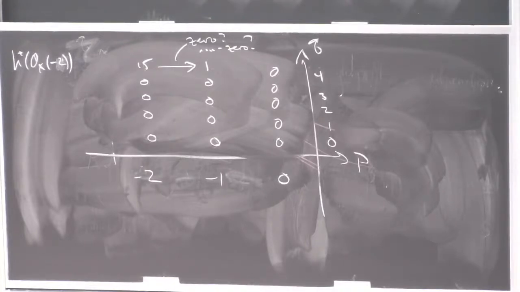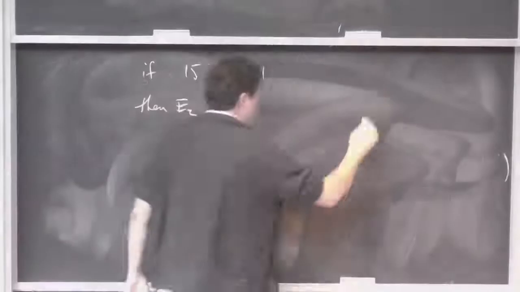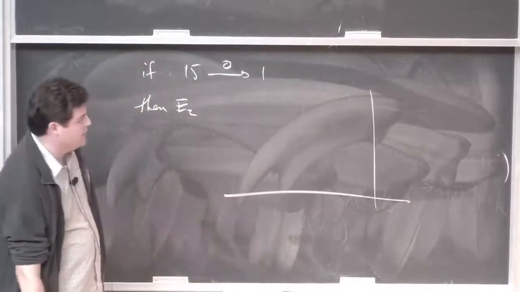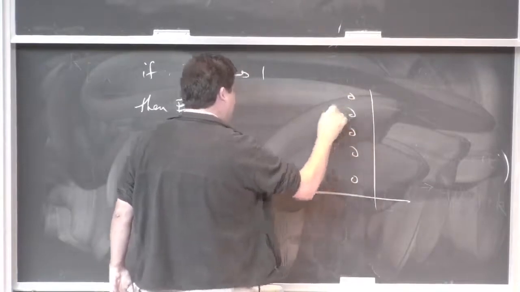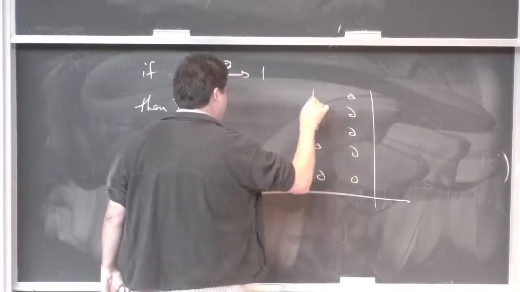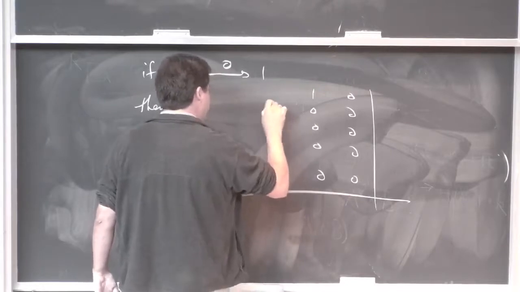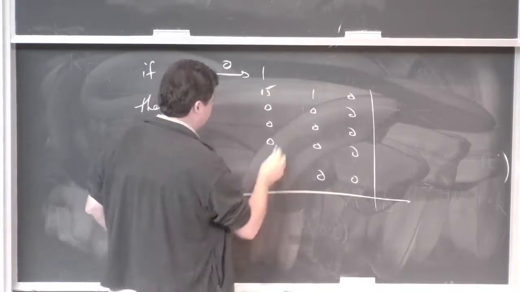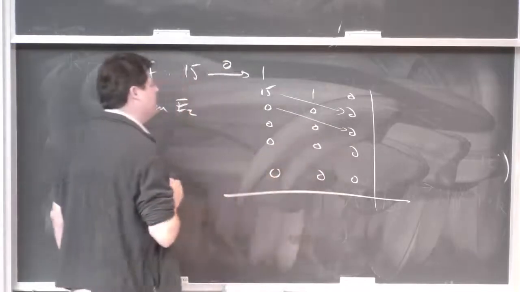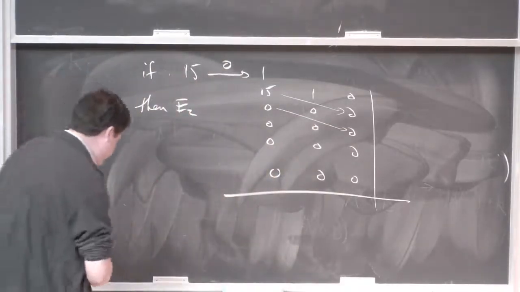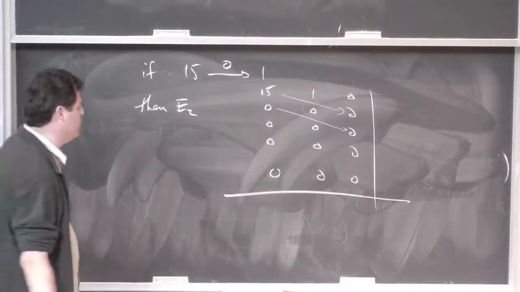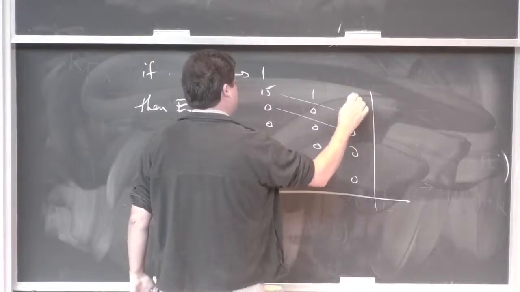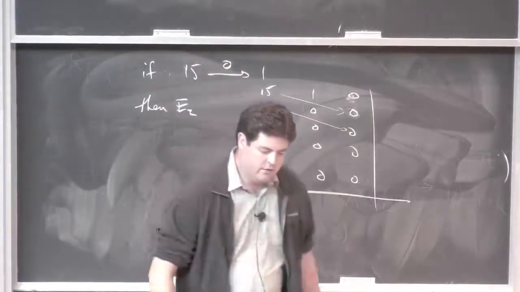So if this map is 0, then the E2 page, I'll take kernel mod image, won't change anything. Right. And now I have boundary maps like this. And so now it's degenerate. Right, now I can run to the end and nothing more will change. And so from here,